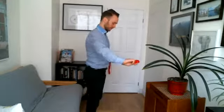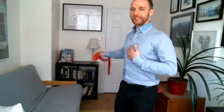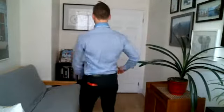And for this, what we're going to do, let's see if I can get this. Okay, so we've got our TheraBand here, and the subscapularis is going to be activated when we bring our hand behind our back. So for this one, we have a little bit of resistance here, and then we just bring the arm behind the back like this. So from a different angle,